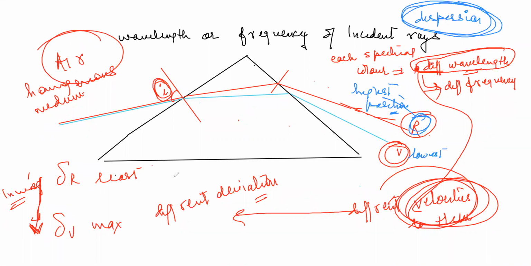Light is being separated out into all its 7 constituent colors at different angles of deviation, depending upon which light is of longer wavelength and which light is of shorter wavelength. Longer the wavelength, lesser is the deviation. Write down these points properly in your copy. Longer the wavelength, lesser the deviation,